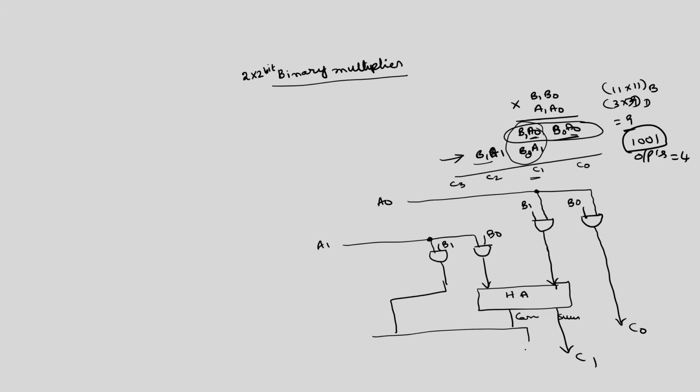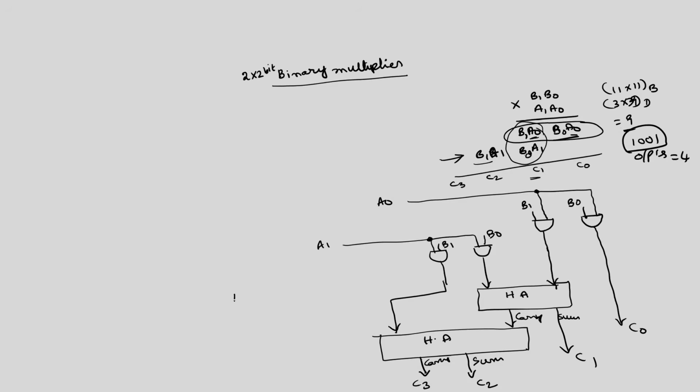So, this you have to add using another half adder, whose second bit is A1 B1. The sum bit will be C2 and the carry bit will be C3. This is how you can perform a 2 bit by 2 bit multiplication. If I increase the number of bits, then we have to use ripple carry adders again. So, I can construct larger multipliers by instantiating the ripple carry adder only. That we will discuss in the next lecture. Thank you.